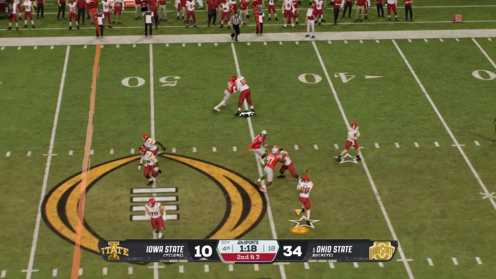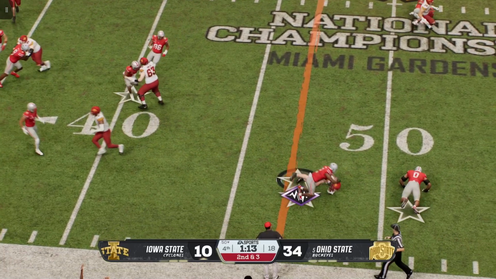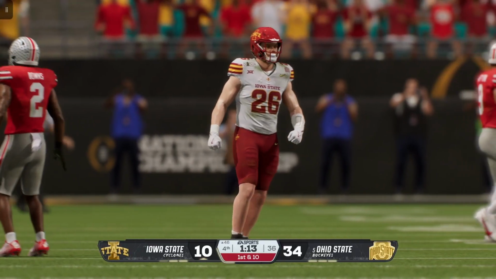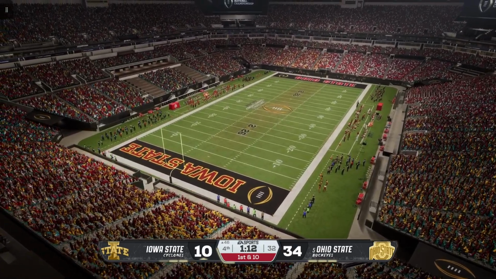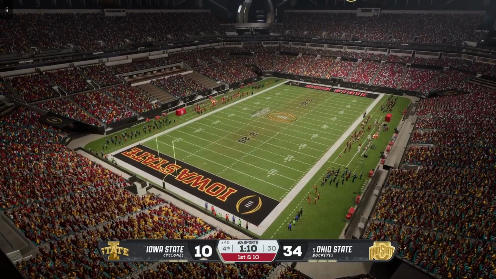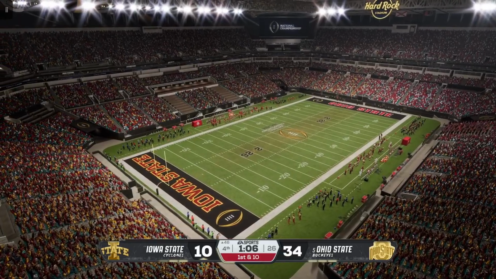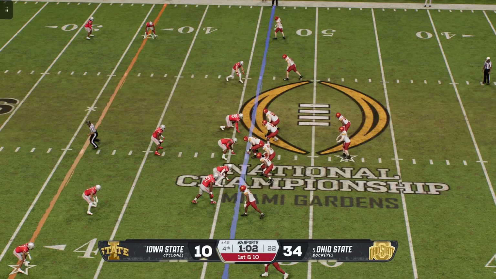Looking to throw it again. Looking to set up a screen pass here. A change of direction. And a broken tackle will earn him first down yardage. Well, it's so easy to get caught up on the receivers and the quarterback, and your eyes get lost. You forget about the running back. Nice catch and a first down for this offense. Coming a long drive, the 9th play coming up.